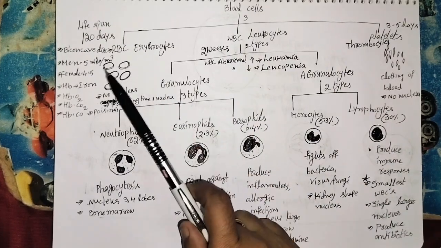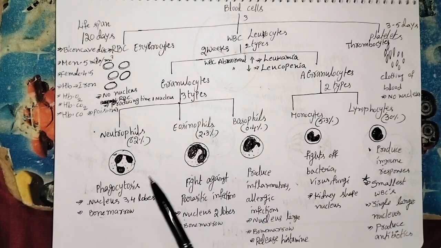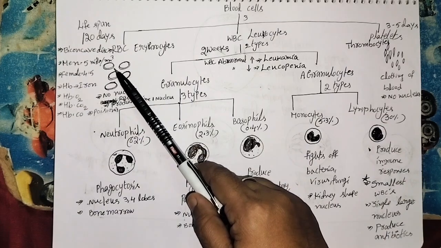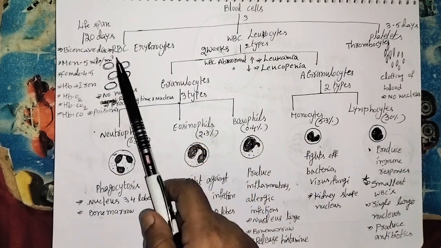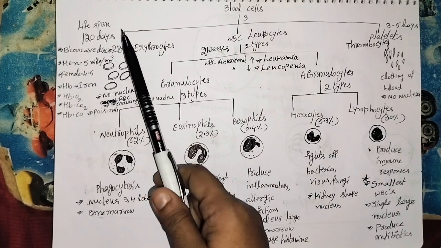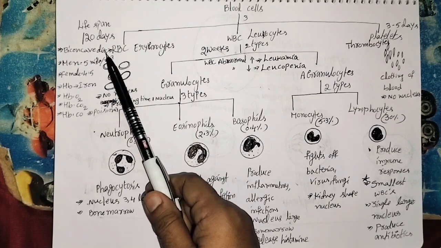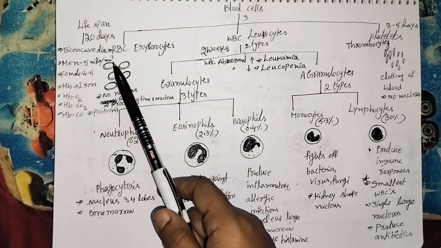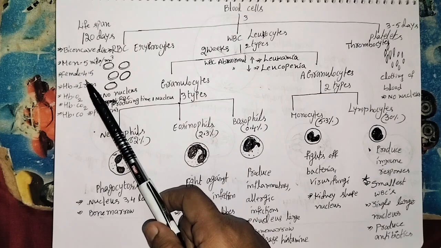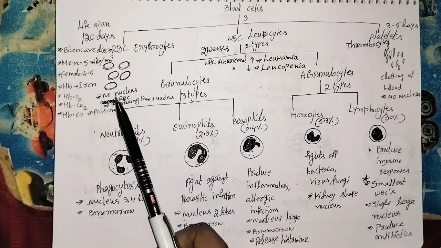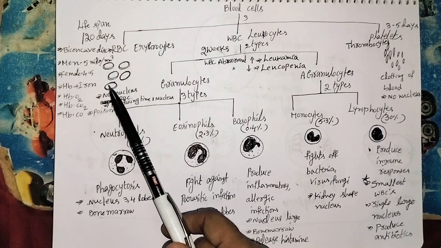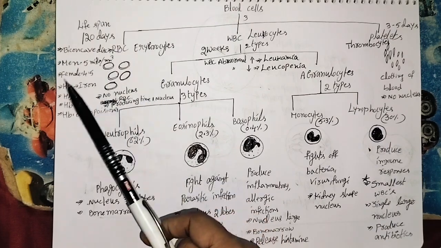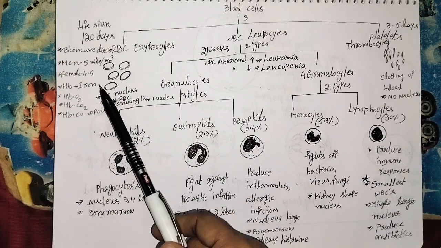Diagrams are also very important. If they ask for diagrams, you will learn them. First one, red blood cells. The lifespan of red blood cells is 120 days. What is the shape? Biconcave disc-like structure, and in men it is 5 million per mm cube and in females 4.5. RBCs have hemoglobin, hemoglobin has iron, and hemoglobin combines with oxygen